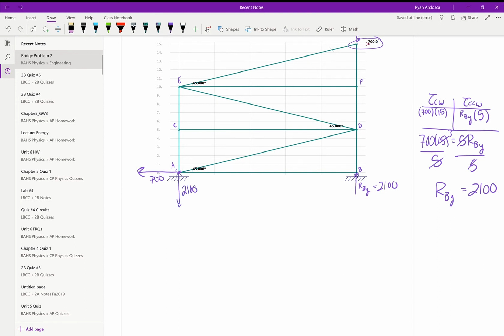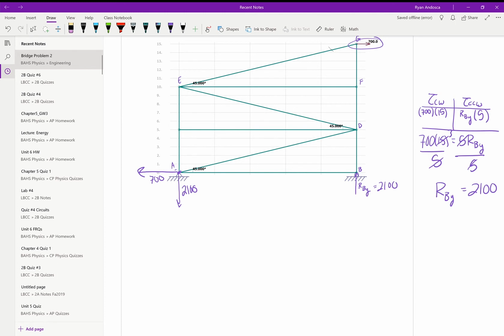All right, and those are our reaction forces all figured out, and we can start figuring out the member forces. So now we need to figure out all of the individual members on this bridge. There are several of them, but it won't take all that long to find them if we just have a plan. So the easiest thing to always do is pick the areas where you know something, but there's not too